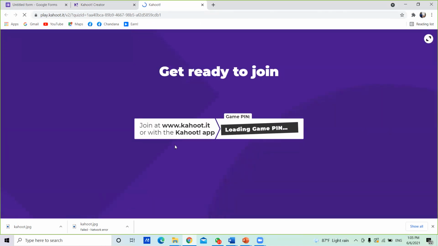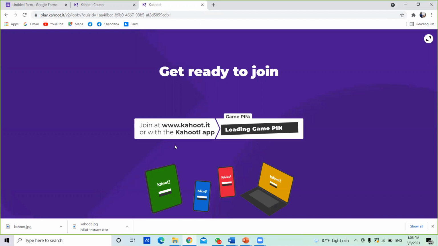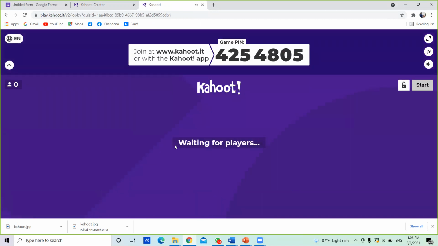Once you click classic or team mode, it will generate a game pin. It automatically generates this game pin. This is the pin which you want to give to the students. This is the teacher screen. This teacher screen contains this game pin, then the number of players, still no players, therefore 0. Then the start button. When the game starts, you have to click this button here. Right, before the game starts, you should give this game pin to the students.